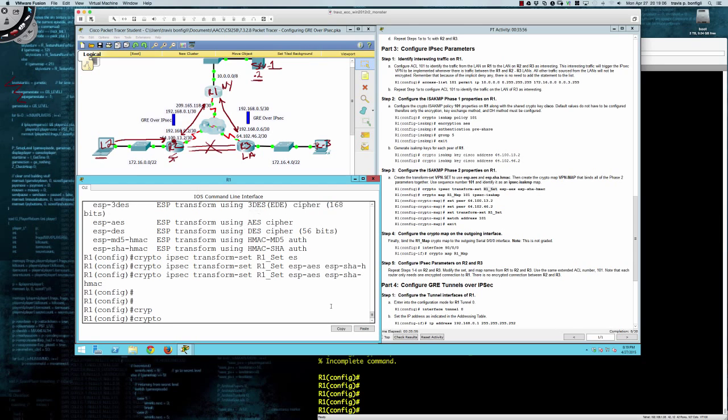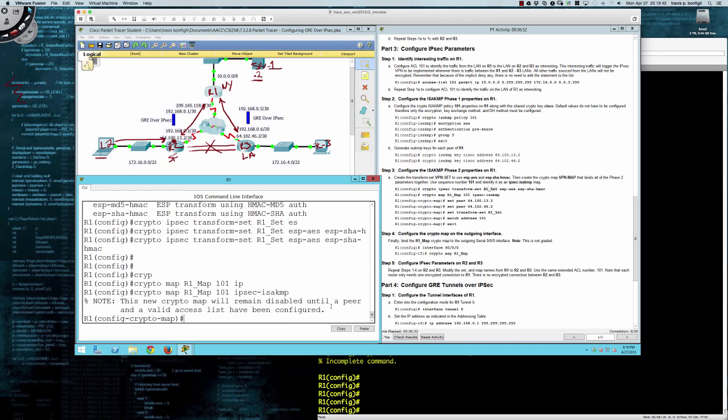So now we're going to come back and we're going to do our crypto map. And this is where we're going to kind of pull everything together from our phase 1 and phase 2 settings, and we're going to say we're going to take those phase 1 and phase 2 settings, and now we're going to put together a map, and we're going to apply this map to an interface. And the map basically identifies the peers with whom we're going to be creating our site-to-site IPSec VPN, and it's also going to identify our transform set, and the ACL gets associated. So R1_map